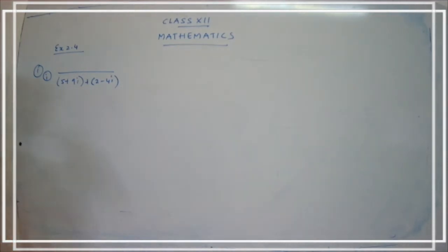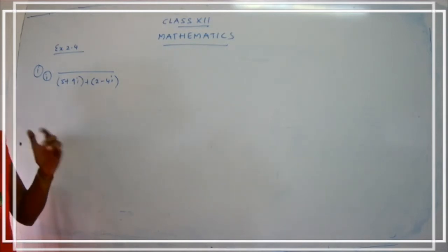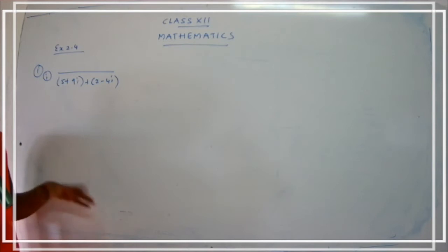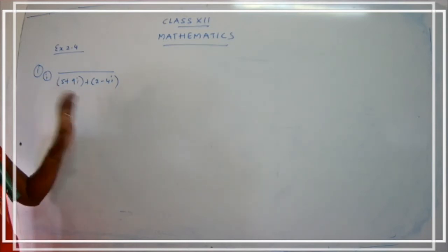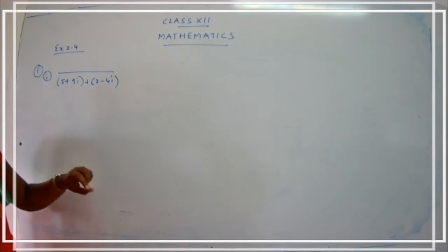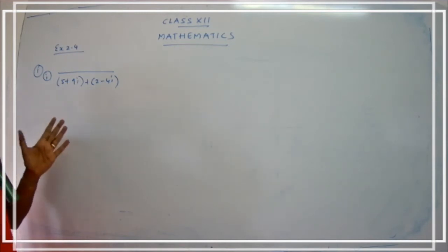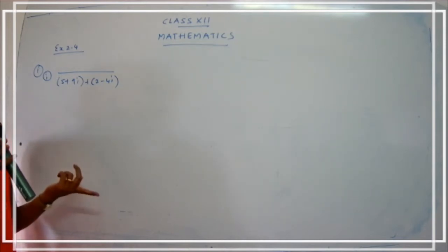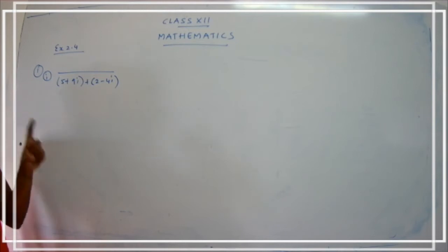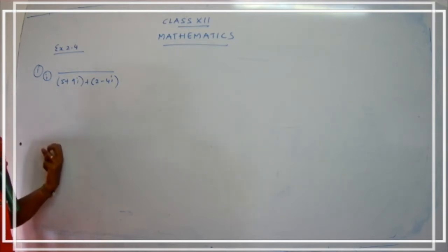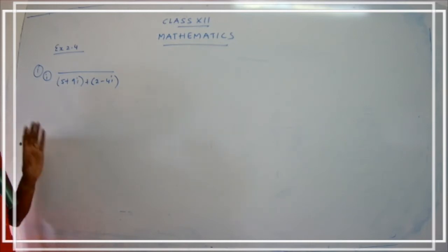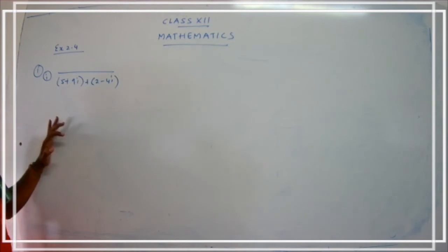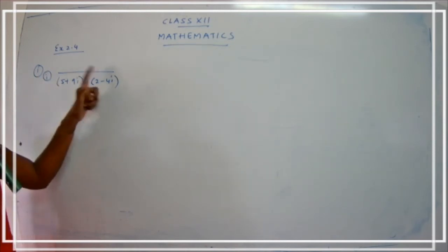The only thing is you have to understand and just separate the real part and the imaginary part. Once you are clear with the definition of complex number, which I gave you when I started this exercise, it shows that a complex number is a combination of the real part and the imaginary part. Yes, children? So you have to be clear in identifying the real part, and also you should know how to identify the imaginary part. That's what we have to do in this particular exercise. Okay, children? So now here, what is given to you? Conjugate.